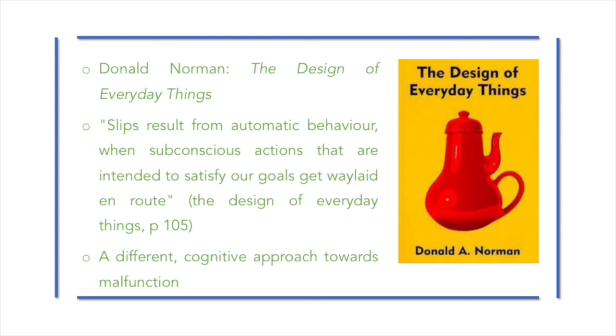The main difference between Norman's account of slips and mistakes and the one I present in my talk is that Norman targets human behavior and the thought processes that lead to unexpected human-artifact interaction. Thus, Norman focuses more on cognition and the failure of thought rather than on the failure of particular design choices and objects.